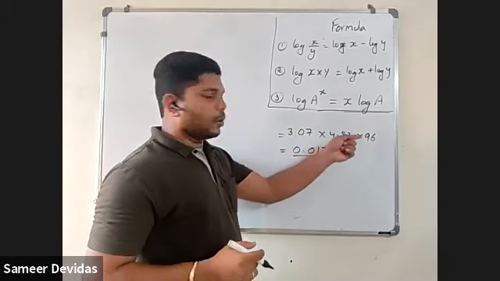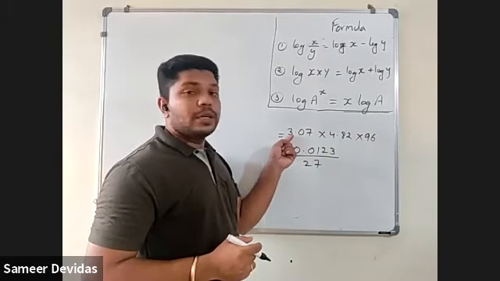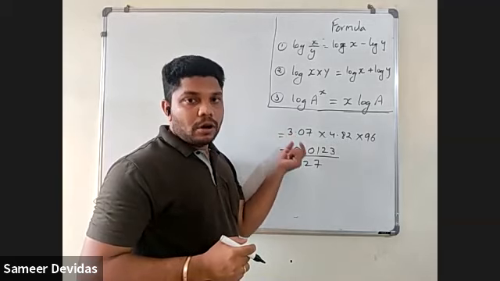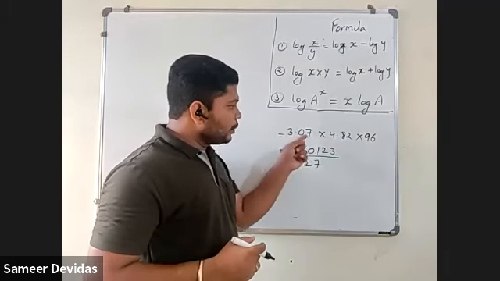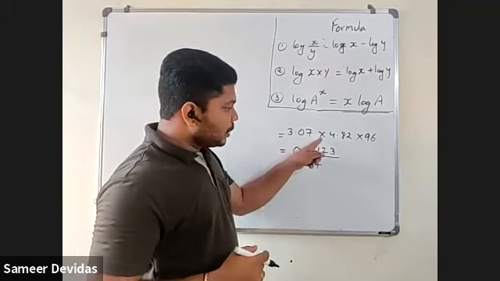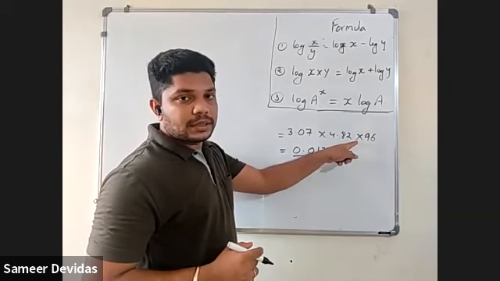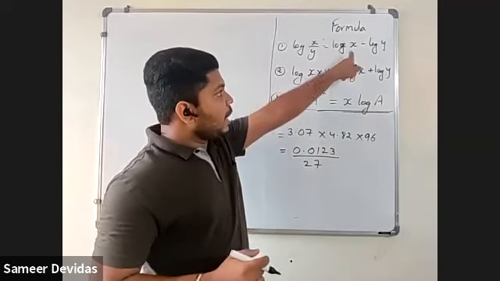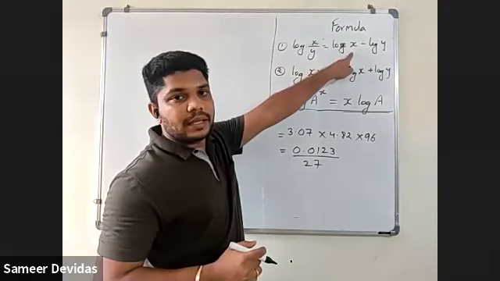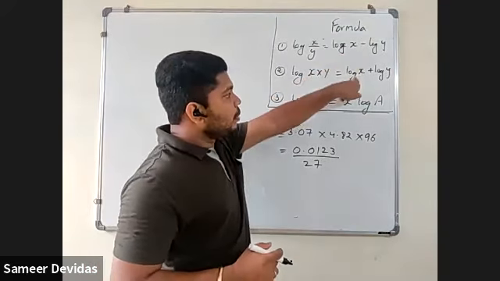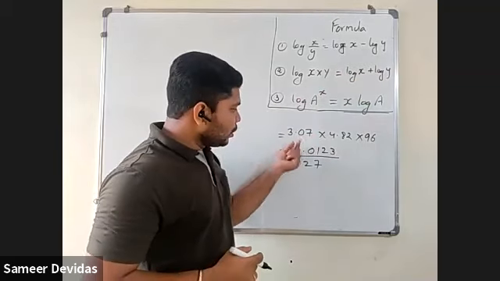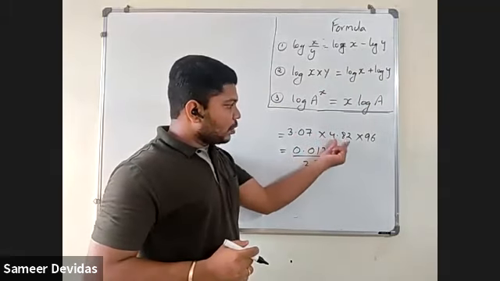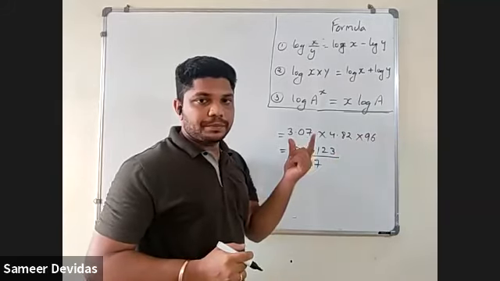Now this is one of the problems. What you are going to use here is to find the log of it. So for the entire term, you need to find the log. Now, which sign is there here? Multiplication sign. So if you put a log of it, then it will happen in this way: log x plus log y. That means log of this plus log of this plus log of this.